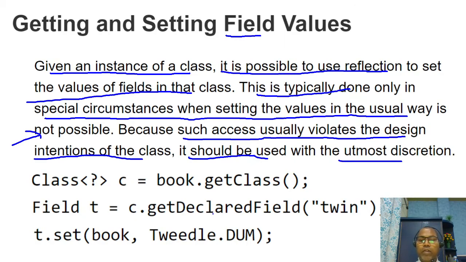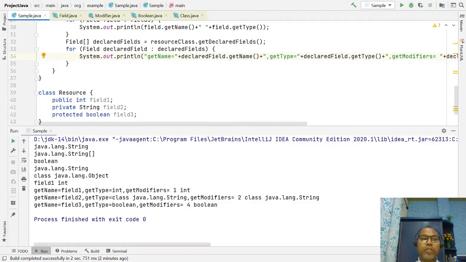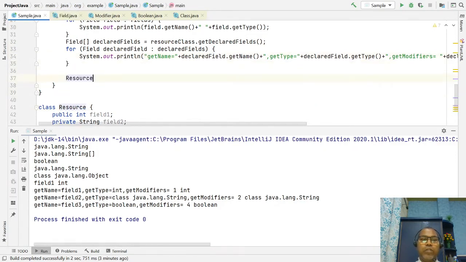So you have to get the declared field, and we have an option. Each field has a method like set. You can set the value. First you pass the object, which object we are going to set, and that's the example. Now let's say we have one resource